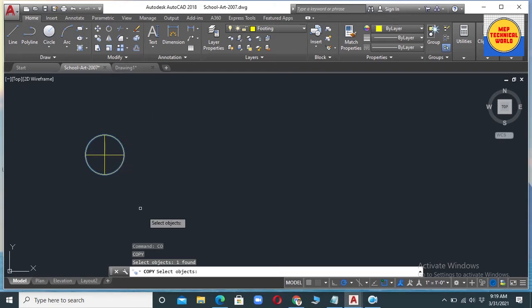So while selecting this light, we have to click on each object. Here I have clicked on the circle, then this line and finally this line. In this way we can select the object.